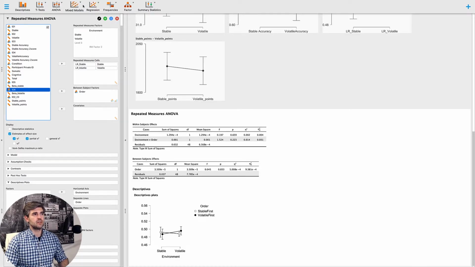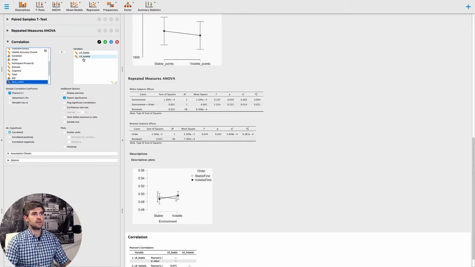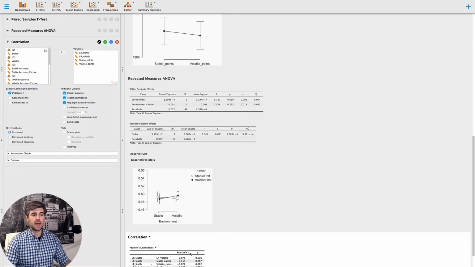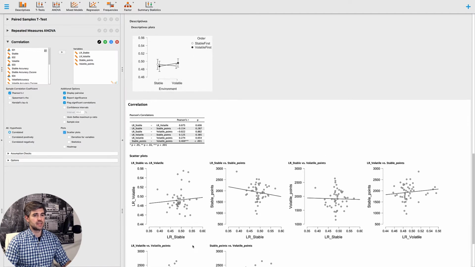So one thing we mentioned as well, I'm going to pull up now a correlation analysis, and we thought that there might be a relationship between learning rate and points scored. So people who get more points are the people who are more adaptable. So we can look again. I can take my two learning rate parameters, and I can then, at this point, take my points score. I'm going to tick to flag significant correlations. I'm going to display it pairwise because I think it's easier to look at. And I'm going to get scatter plots so we can look at the data